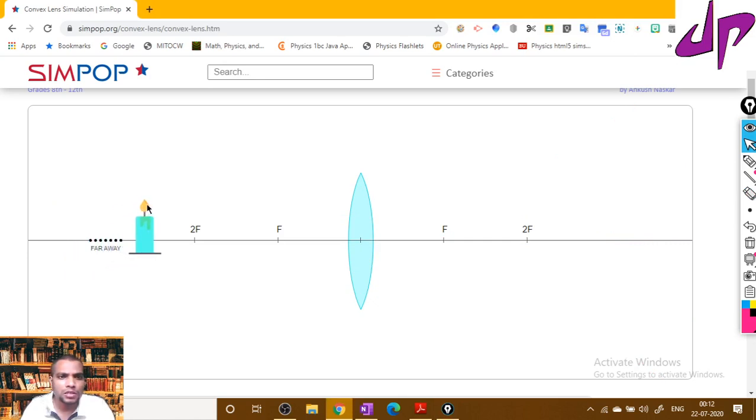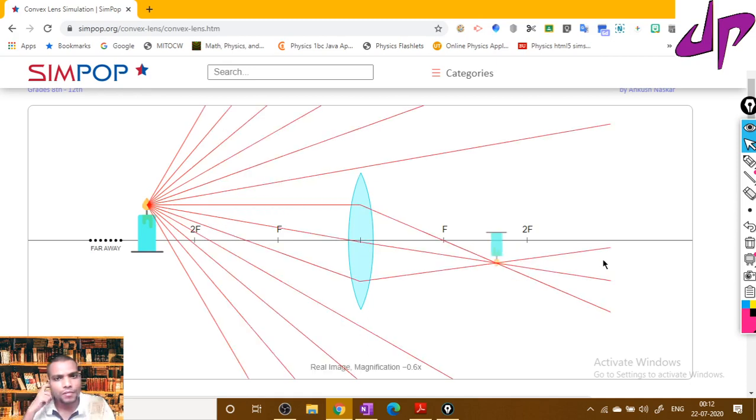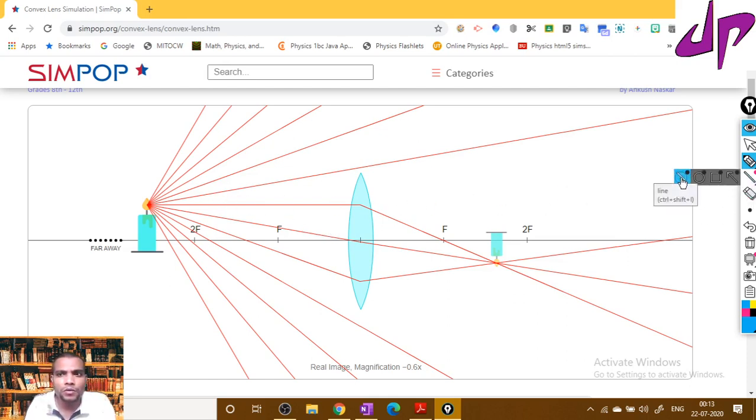This is the position which I am selecting. If the object is just beyond 2f, since the object is close to 2f, some of the light rays are not passing through the lens, so forget about that. Anyway, we need to concentrate on two lines to draw the ray diagrams. Out of these three lines, you can select any two lines to draw the ray diagrams. The first ray: if we take a ray which is parallel to the principal axis,